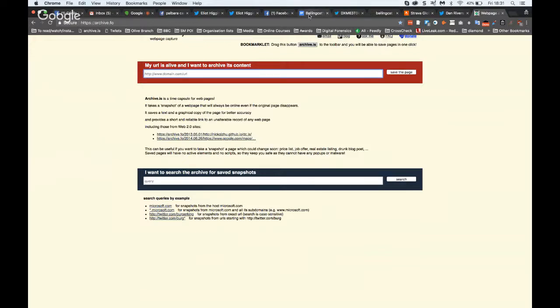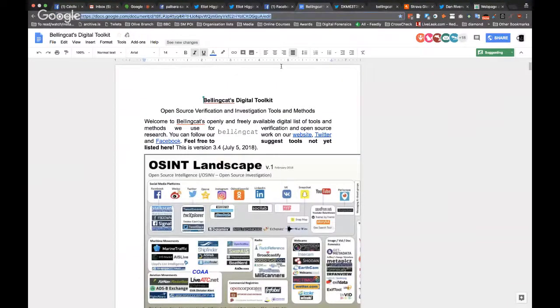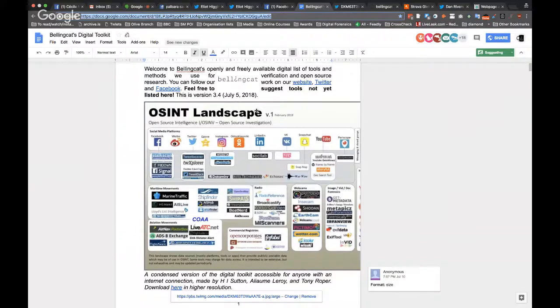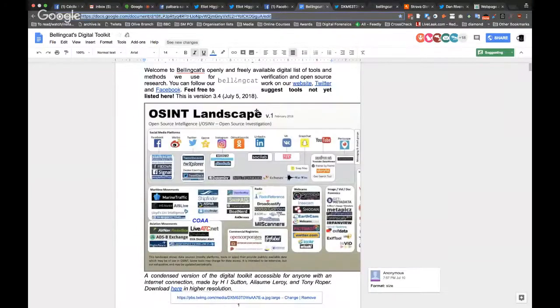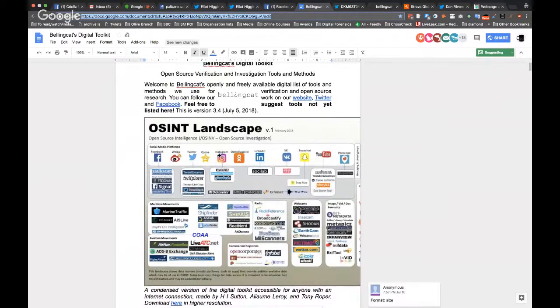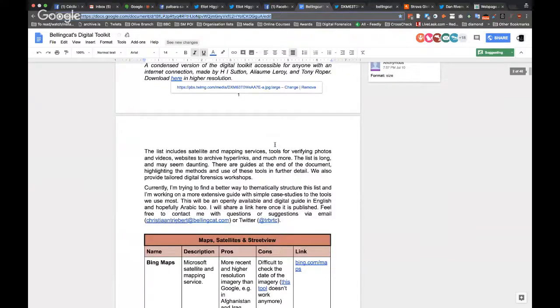As I was referring to at the beginning, the first one I opened was the Bellingcat Digital Toolkit, which I've shared already in an email, but which is available to you and which I can share again. What's great about this one is it was created by a colleague at Bellingcat named Christiaan Triebert. And you can yourself suggest some tools if you're aware of some, because obviously it's never complete.